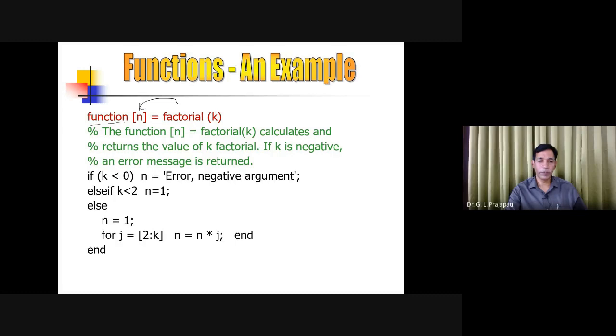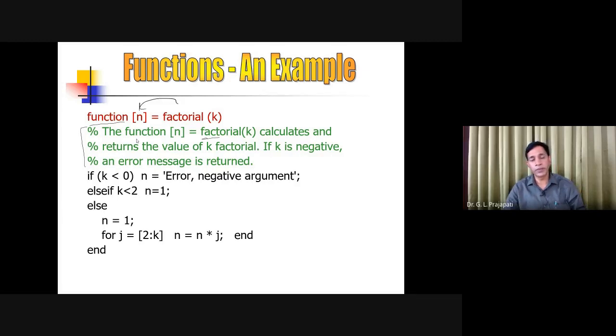So whatever will be the factorial of k, it will be assigned to the value n. So this is the factorial, k is the input. So how can you compute the factorial? These are the commands. You can write the documentation, and I know you know that the best practice is that